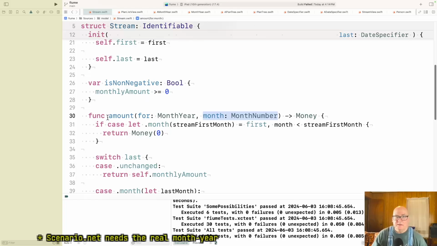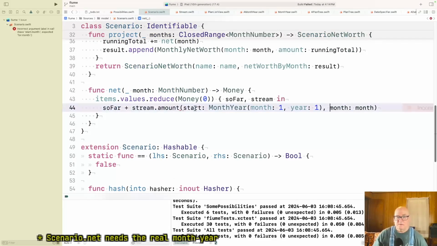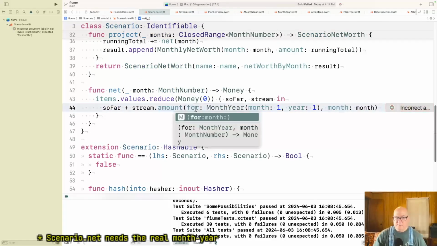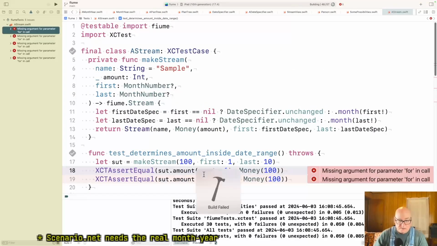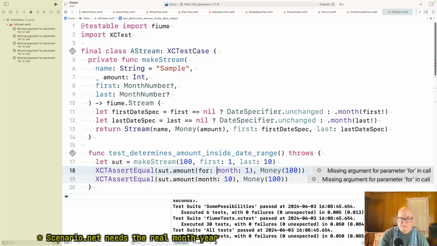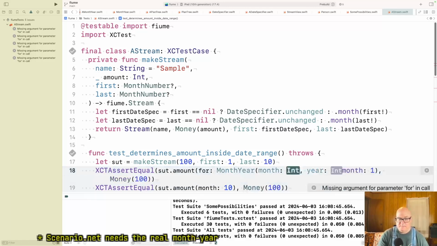Okay, so if I do this here, then scenario needs to call for. Now, this should not break any of these, but it's going to break tests that rely on the month, that don't have the month year, the for value. Okay, but no real code. Okay, so this, I'm going to make for month year 1 2020.